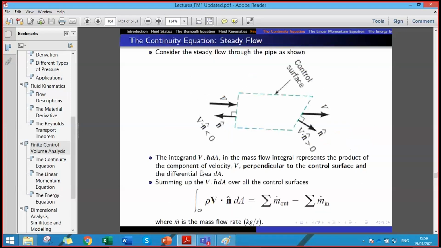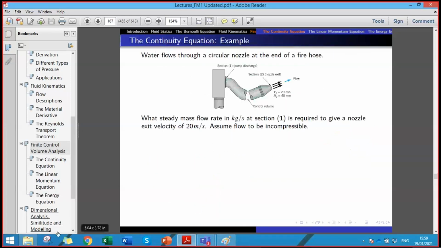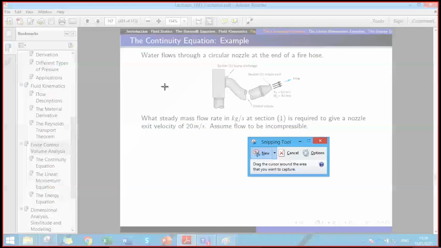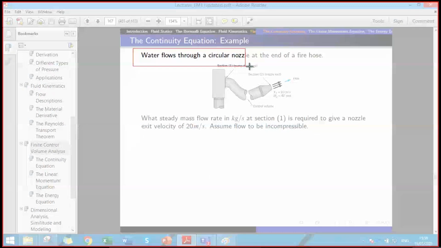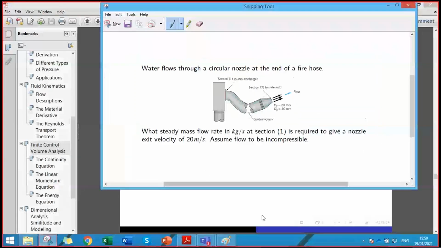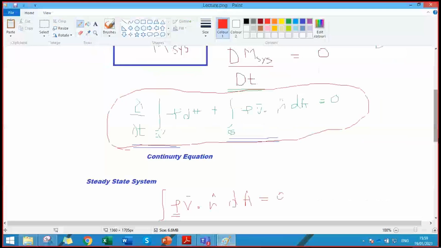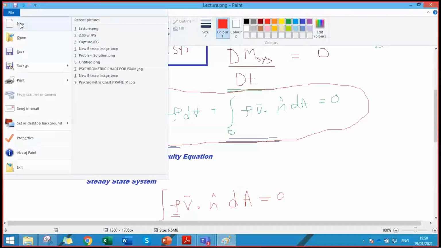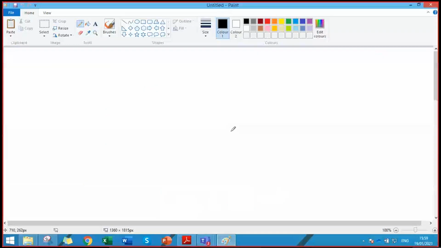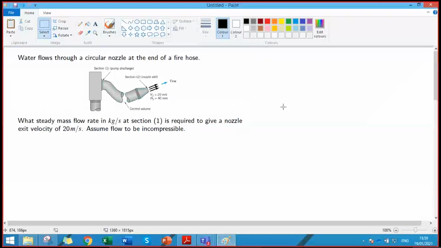So we solved some problems to have better understanding of the continuity equation and to apply it to different problem situations, how we can get different information by applying the same continuity equation. So in the first problem, you are seeing a water hydrant that is connected to a nozzle for a fire hose. The problem requires you to calculate the flow rate at point 1,